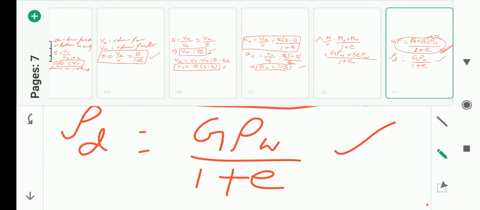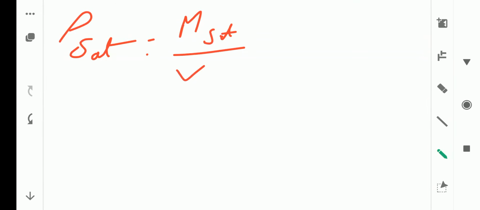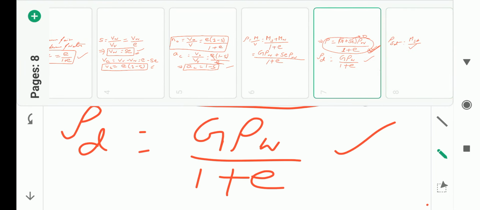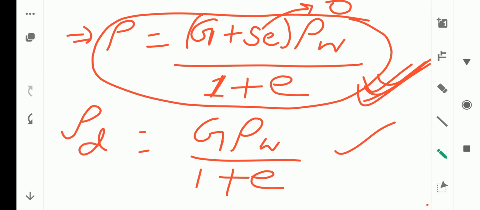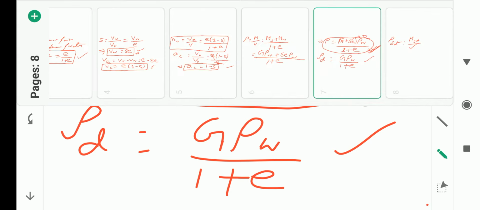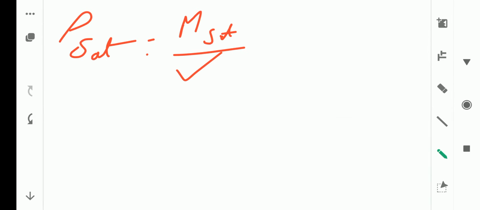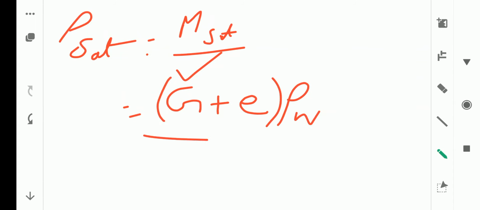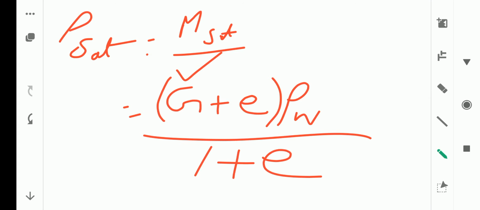Next is saturated density. This is what? Saturated mass upon volume. Now just look into this equation. Saturated means S is equal to, instead of 0, S will be equal to 1 when the soil is fully saturated. When we put it, we will get G plus E into rho W upon 1 plus E. Okay,